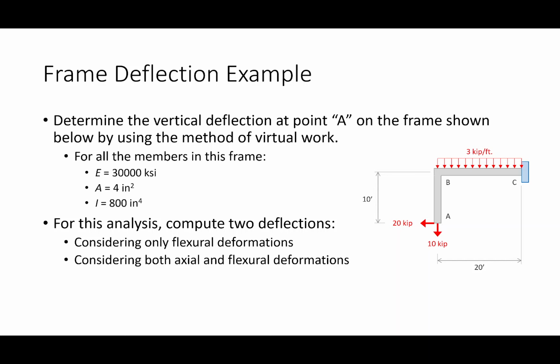Okay, so the A value is a measure of axial stiffness, right? The bigger the A value, the more resistant to axial deformation the member is, right? If a member is stretching too much, you make the area bigger, right? Same thing with I. If the member is bending too much, make the I bigger, and it'll bend less. It'll deform less under flexion. Does that make sense? Now, I'm giving you an A value of 4 and an I value of 800, okay?